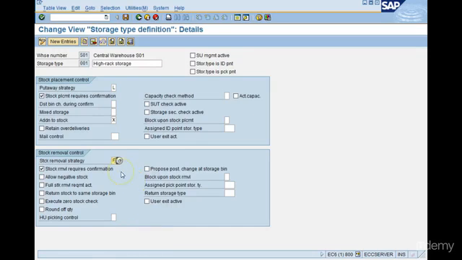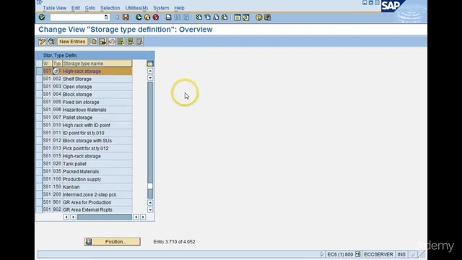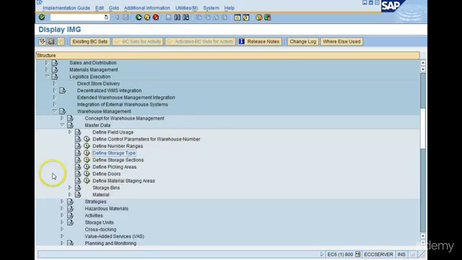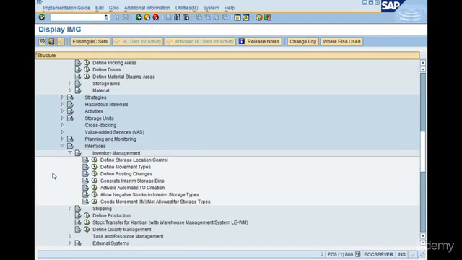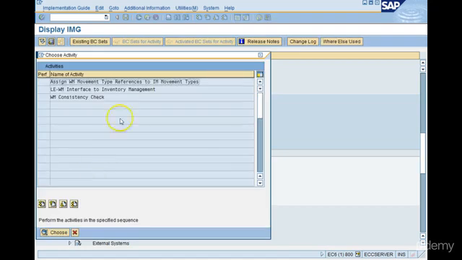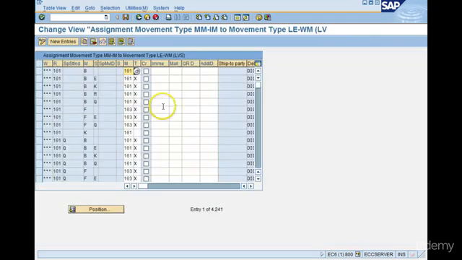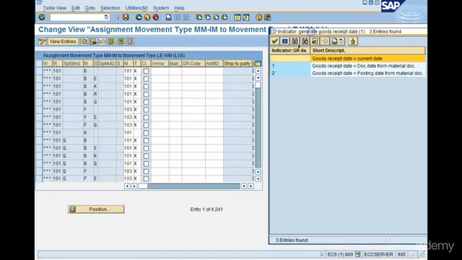If we don't want the GR date to be considered as a reference for the oldest quant date, then we have two options of customizing this particular strategy, wherein we can go to interface, define movement types, and the place where we define the link between the reference movement type and the warehouse movement type, there is a column GR date equals goods receipt date. If for that specific movement type you give an entry here,